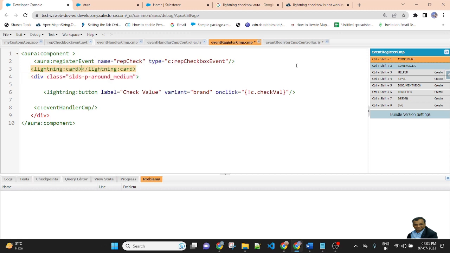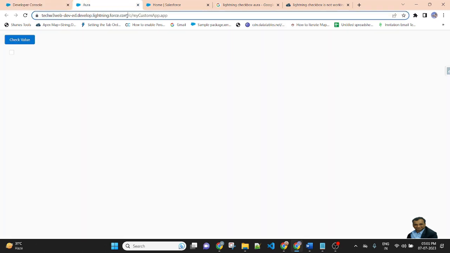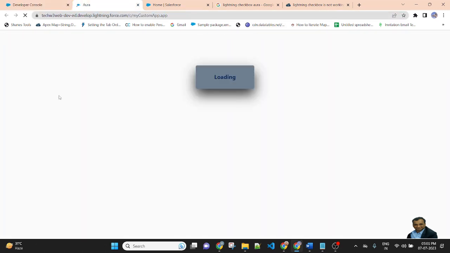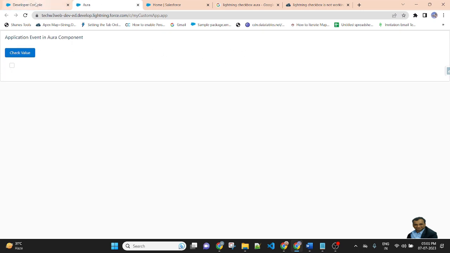This lightning card will wrap all of the content here, and we can put a title, application event, in our component. Save and refresh the page. You will get a white background. Yes, so lightning card provides the white background behind your content.